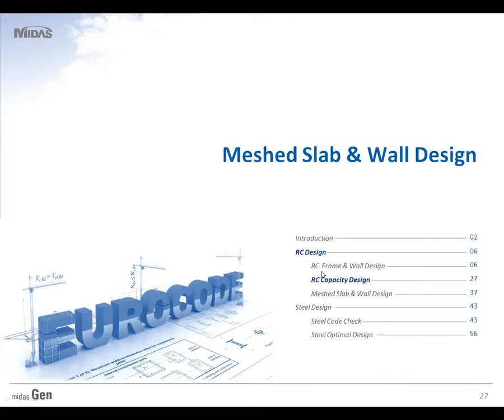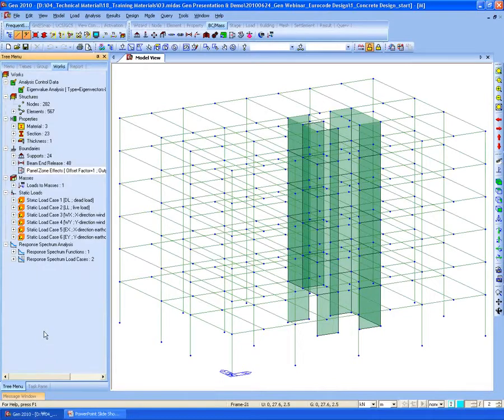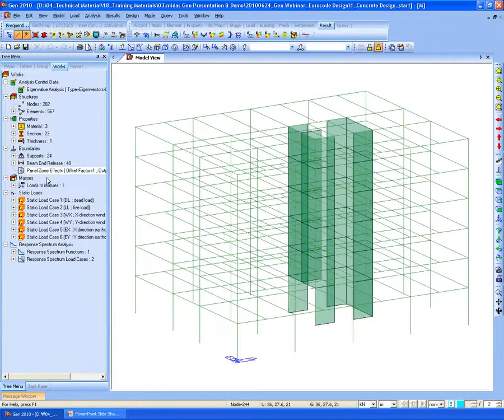I just finished the RC frame design part, and I will show you briefly using the program how to perform the RC design. This is the model file that I made first. In this model file, firstly, in order to consider the clear span of each member, I entered the Panel-Zone effect.